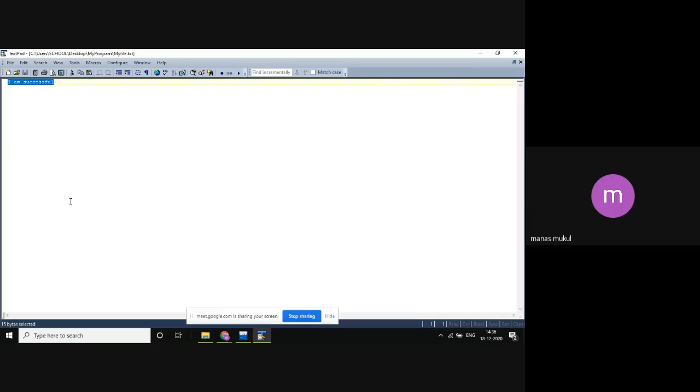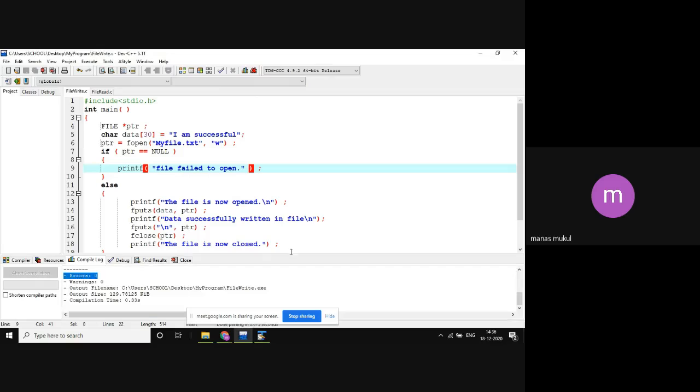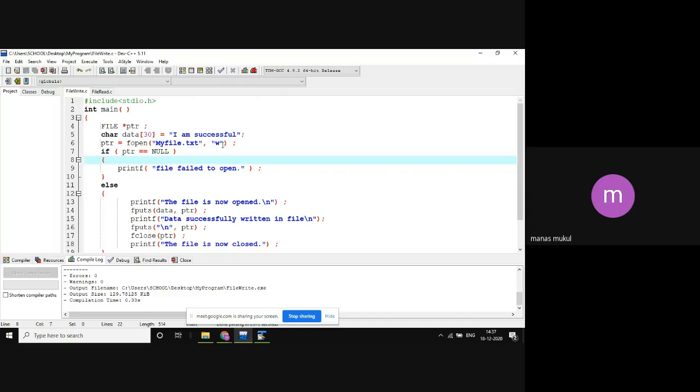So the problem here is, since I opened the file in the write mode, the previous content is lost. So that's the reason: if I want to append something onto a file, then I need to change the mode. Which is the mode which will append into a file and not overwrite it? The mode that I had told you yesterday was A. A means append. So this mode is not going to overwrite the content of a file, but it is going to append it. So let's change this and write,